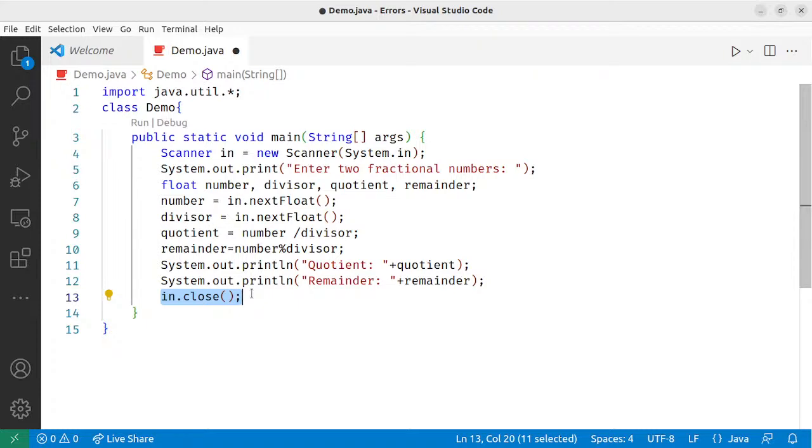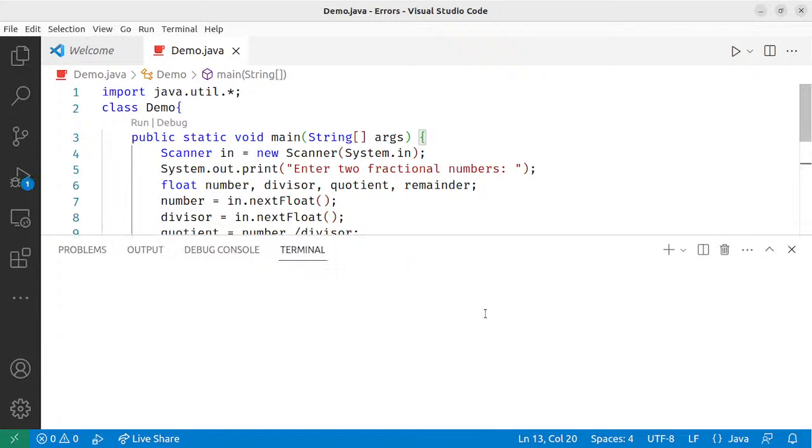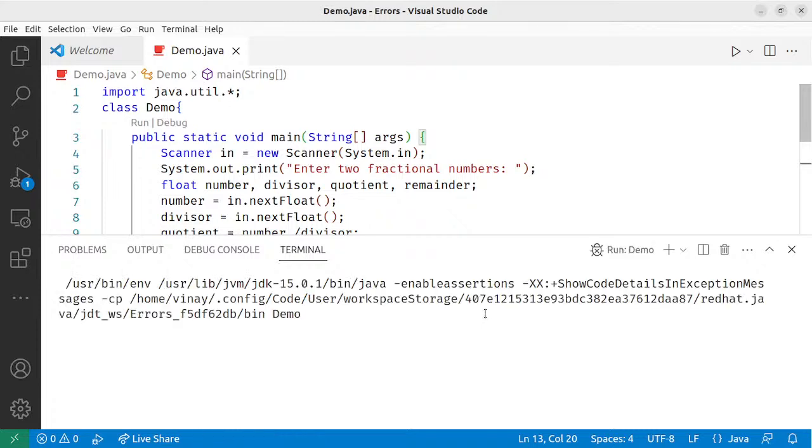Okay, now coming back to this. So right now we have a program which I believe contains no error. Let's confirm that by compiling and running. If I say run Java, the computer will compile and it will run one after the other. So if it's running, it means that there are no compile time errors. So if I run this program,